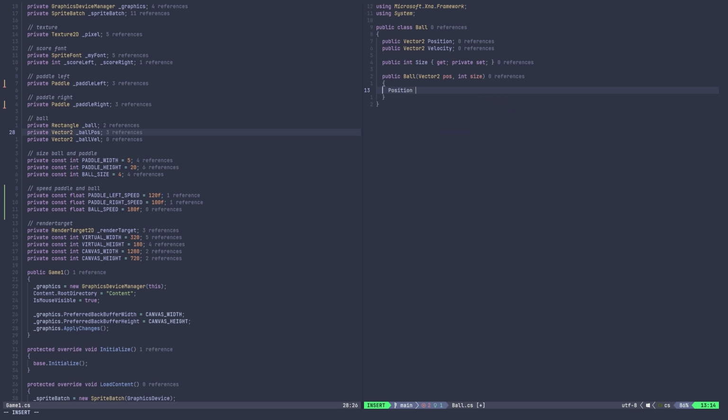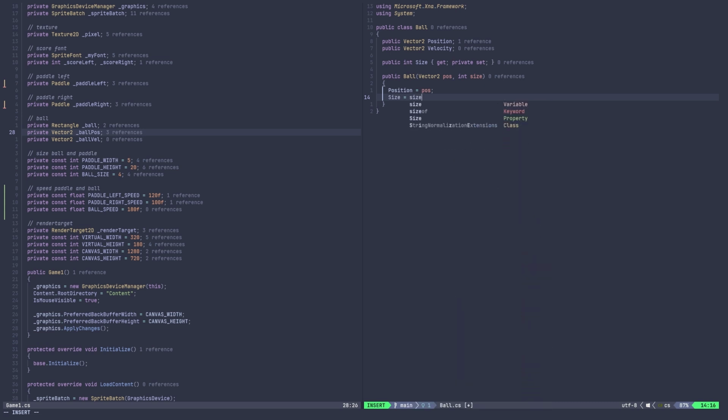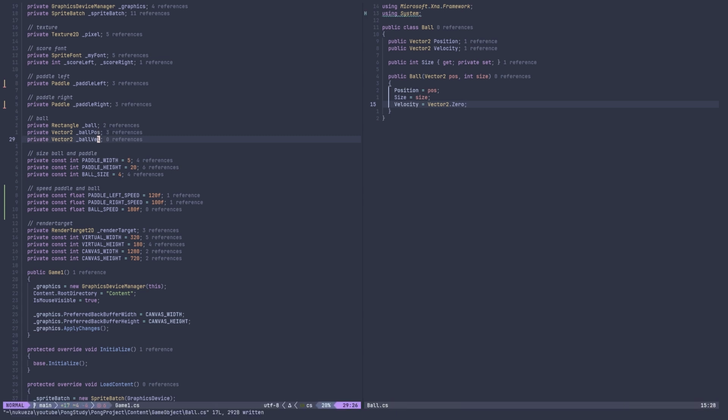Okay, then we assign it. Size. Then velocity. Just put a vector here. Okay, cool. Now we can just delete our ball here